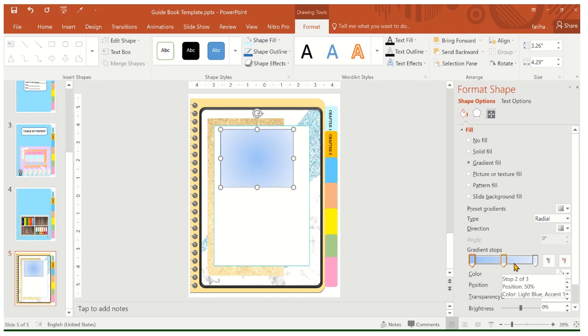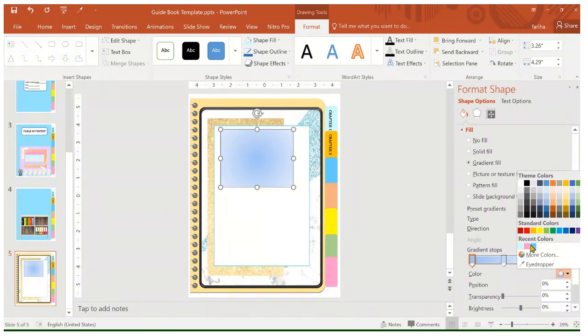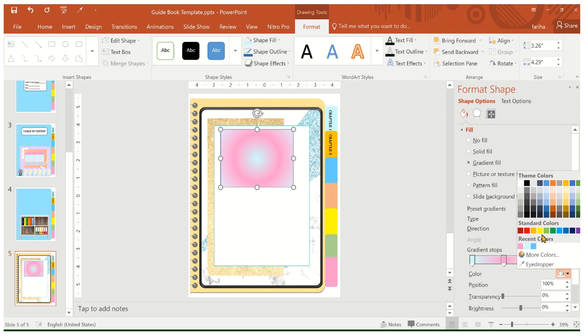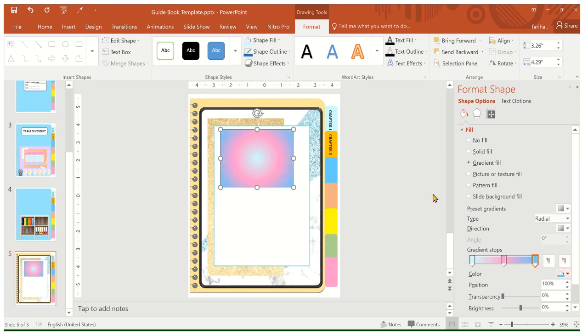So there are three arrows. You can click on each arrow one by one. First I clicked on this arrow, and I selected, for example, blue, and then pink, and then for example blue. So in this way, this is the gradient shape that is showing. And I actually used linear like in this way, and then I thought no, this is not showing better, so I clicked on pink. I selected